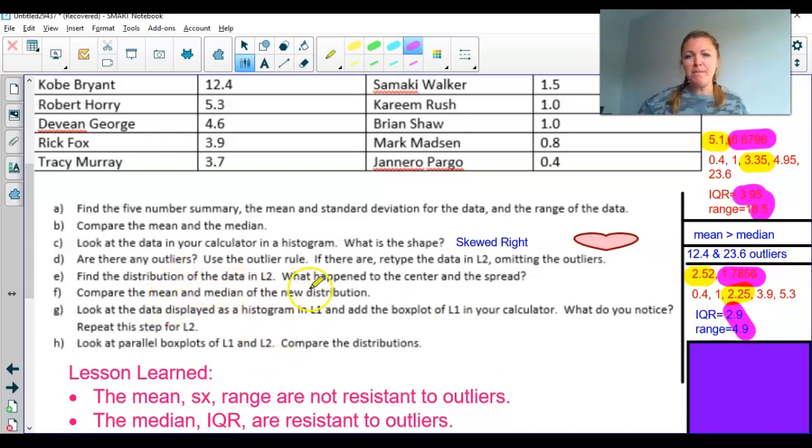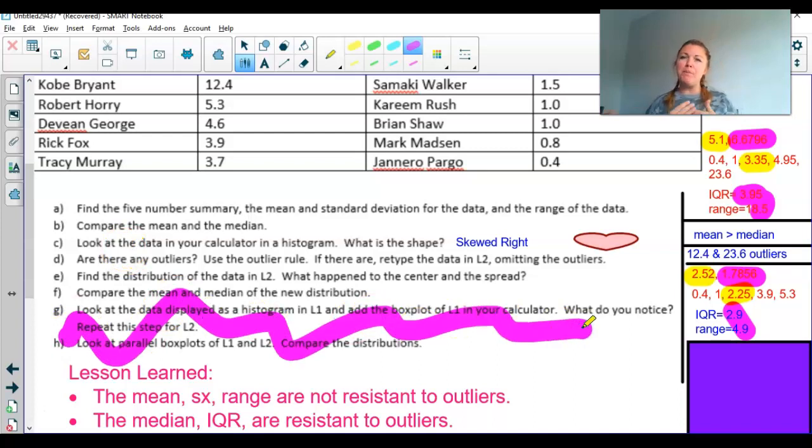Okay, so now what we want to do is we want to investigate this. It says, compare the mean and the median of the new distribution. Okay, well, the mean and the median of the new distribution are not that far off. We're not going to say they're equal, but they're pretty dang close, 2.52 and 2.25, okay? What just happened? Now, I'm going to ignore the rest of this stuff here. I'm not going to worry about this, but what we want to do is we want to have an important conversation. If we put Kobe Bryant and Shaquille O'Neal's salary back in, and we look at our data here, you guys,